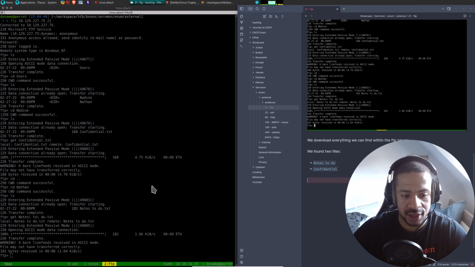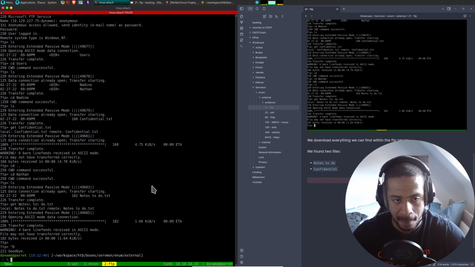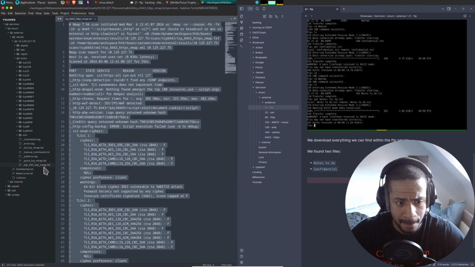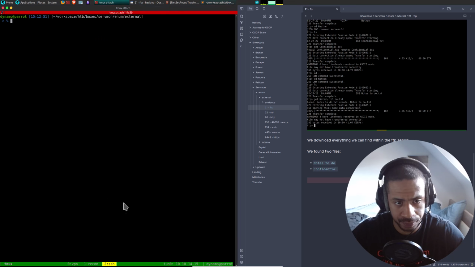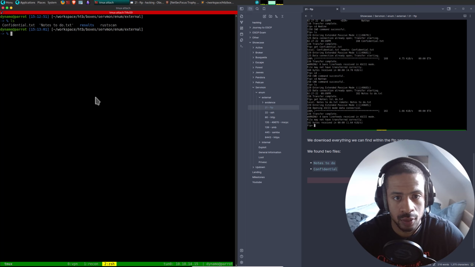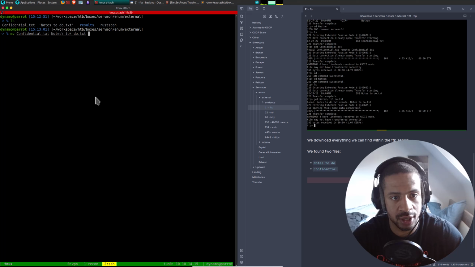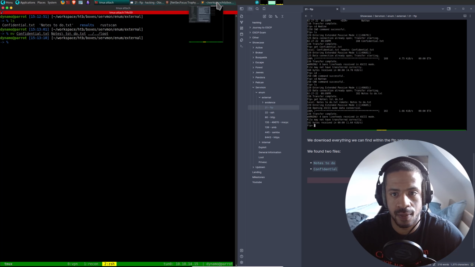So let's see what we have in there. Where are we? We are in external. Let's move this confidential and notes to loot, like so.